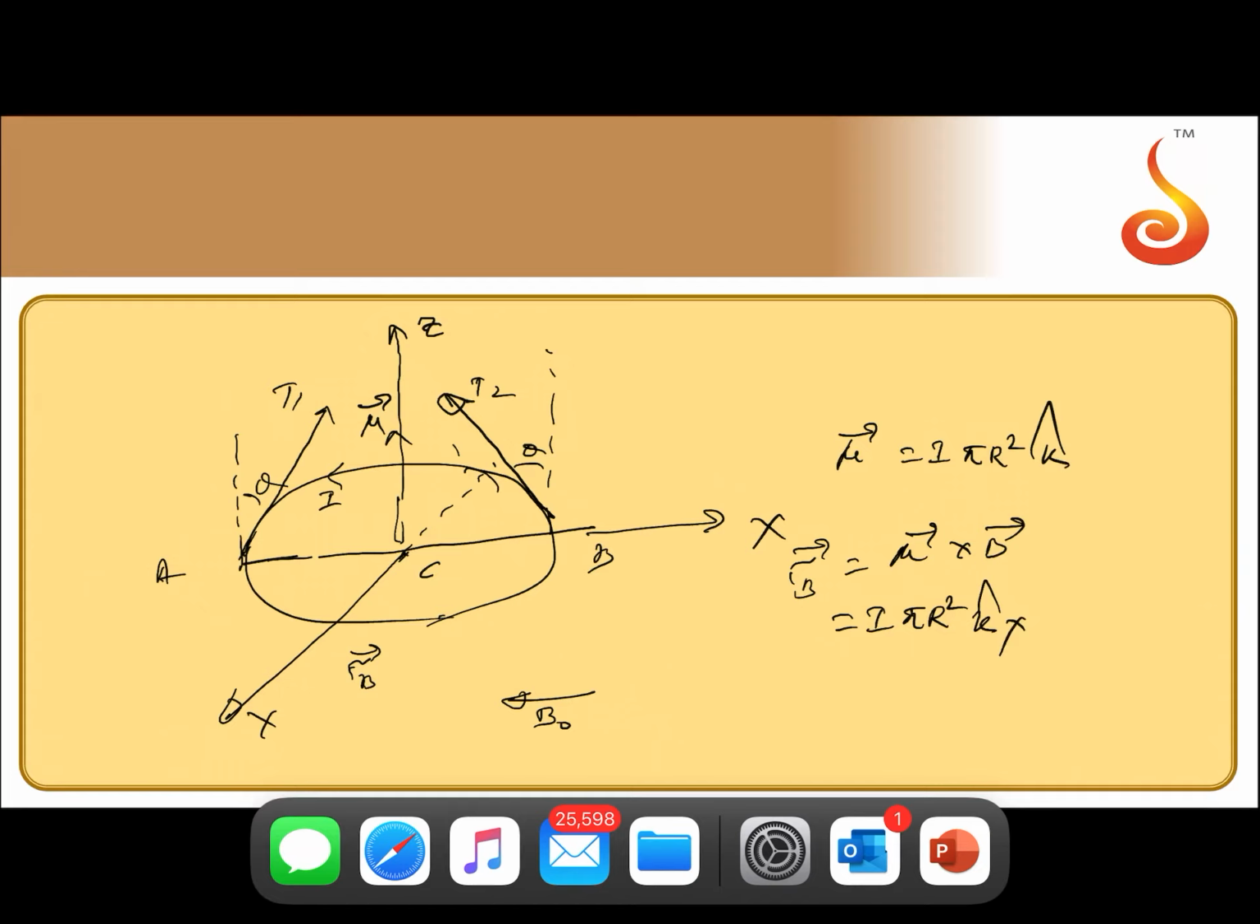B is your B naught minus j cap. So we can write k cross minus j is i cap. So this will be I pi r square B naught i cap. This is the torque. To counterbalance this torque, we must have